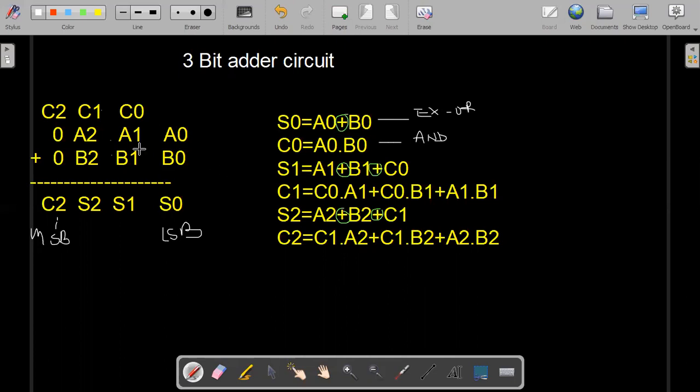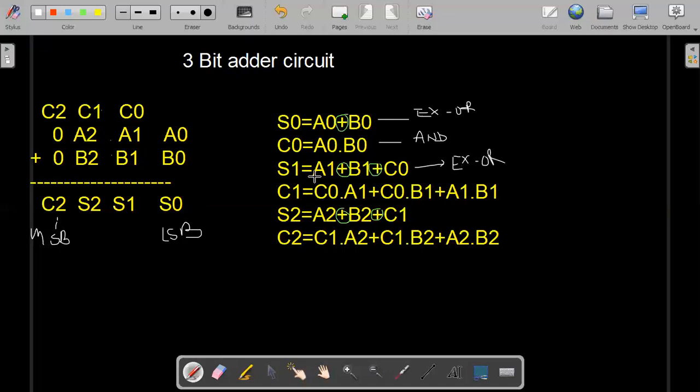After getting the sum S0 and C0, we have to add these three bits. The sum of these three bits is given by S1, which can be found again by taking an XOR gate here.